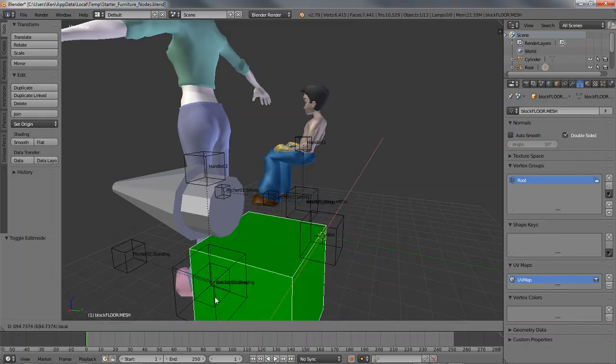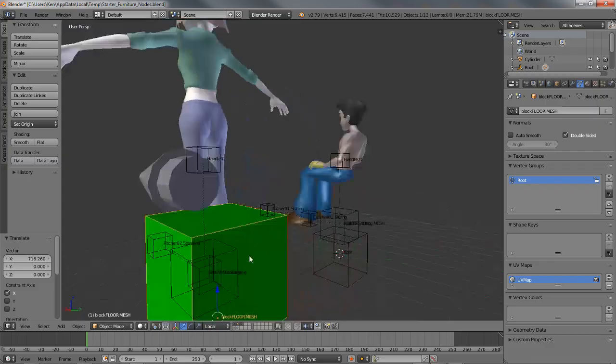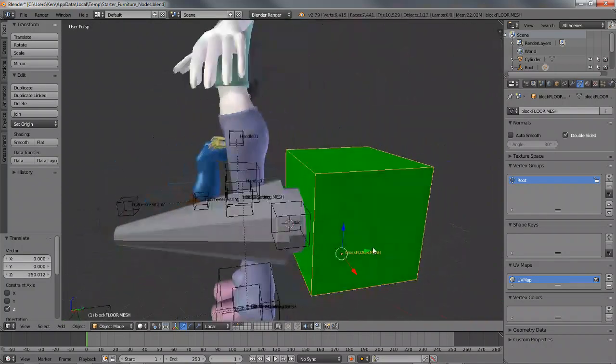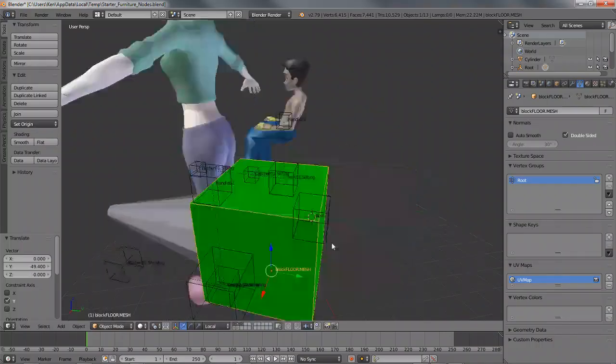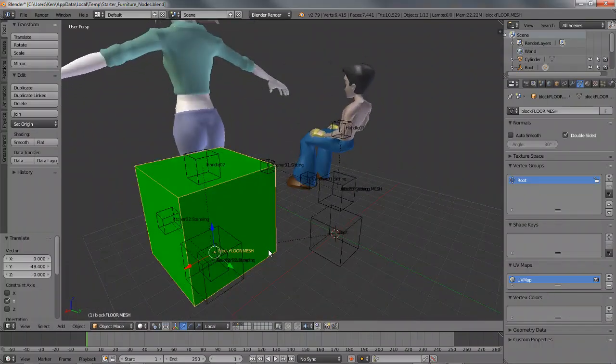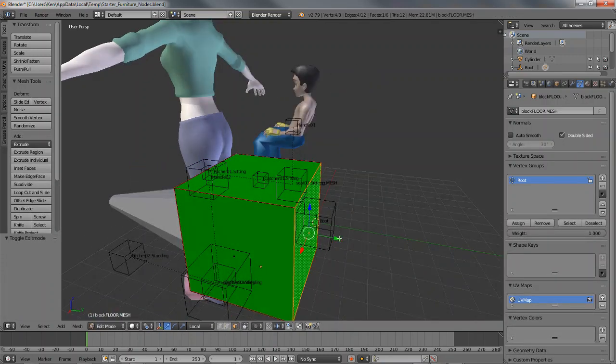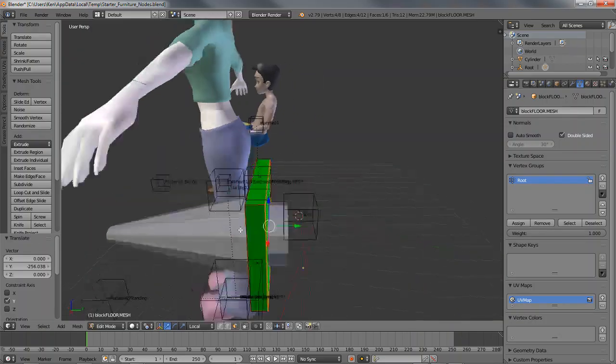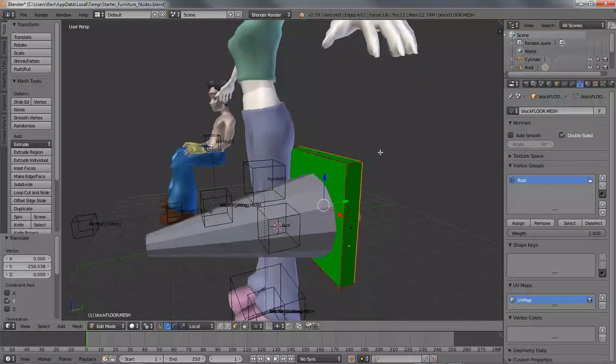So just move this into position. Everything's just rough and approximate at the moment, because all you're doing is blocking things out. So that's the bottom,